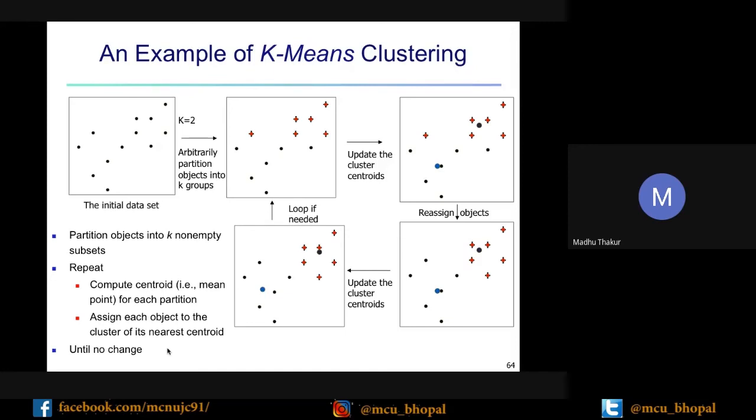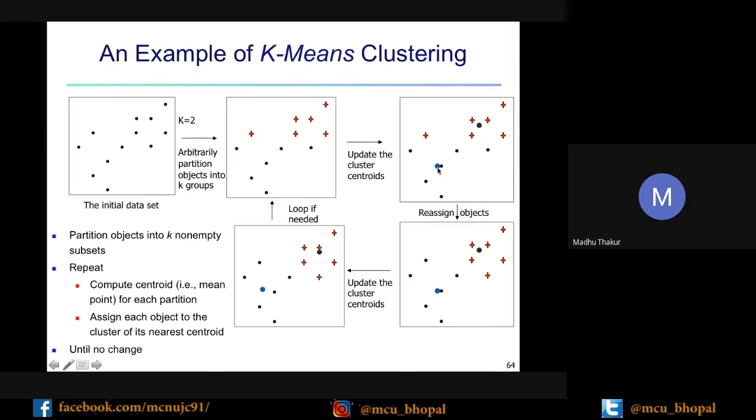It will be more clear with this figure. This is our data. All data points are shown by the green dotted points. Now suppose we are going to partition the data into 2 parts. So arbitrarily we will say this green point is in one cluster and this red star is showing another cluster. Now you find the mean of this group and of the other group.